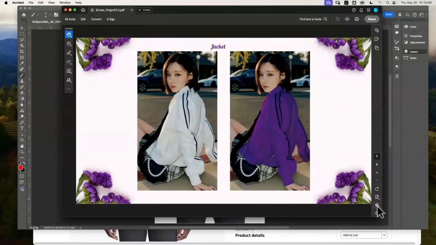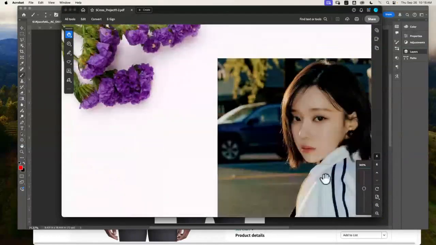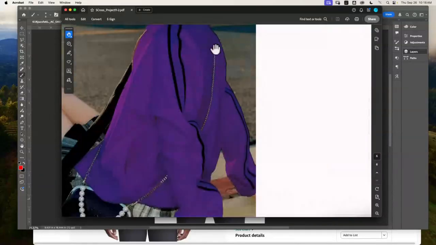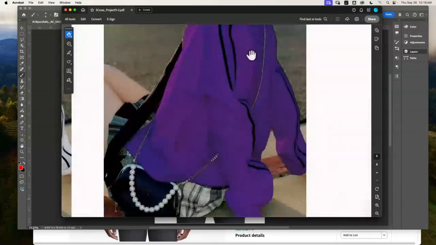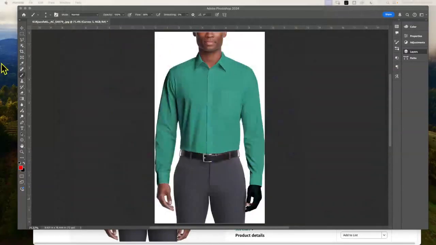And look what the person did too. They took out the chain. The chain isn't purple as well. So don't miss those little items. If you pick something and it's got a different color item, you got to remove that. So that's a pretty good shot. And then we have